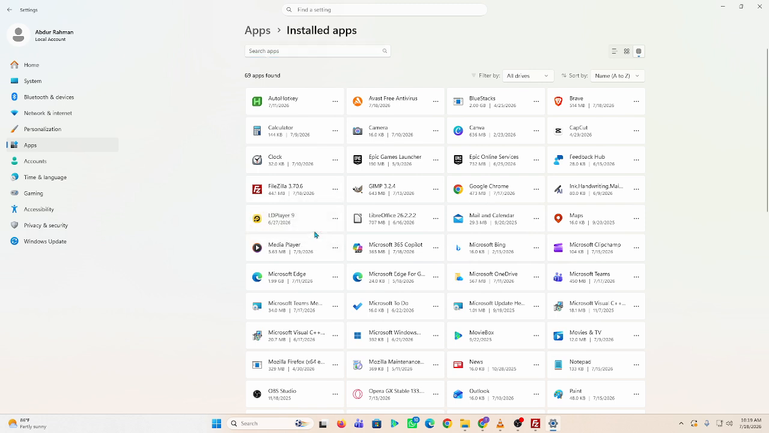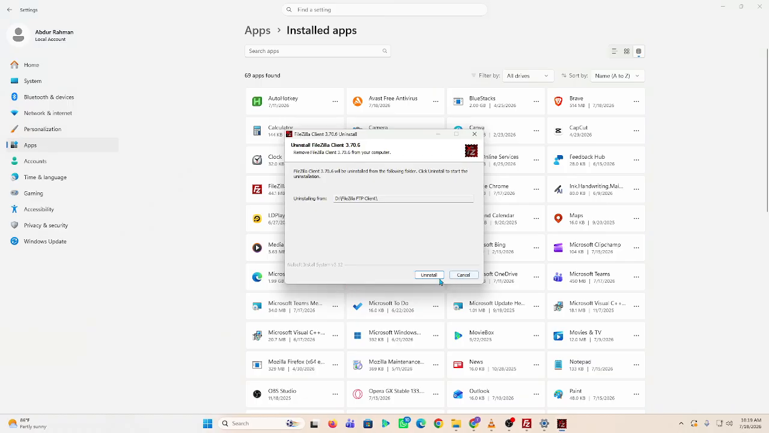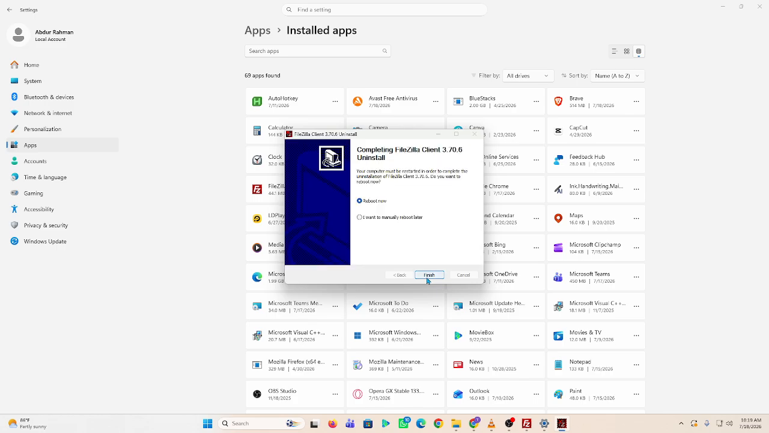Follow the on-screen instructions from the Uninstall wizard. The process usually takes only a few moments to remove the main FileZilla